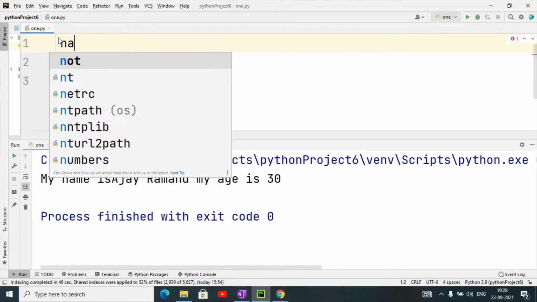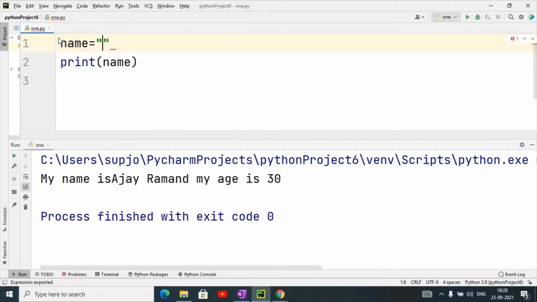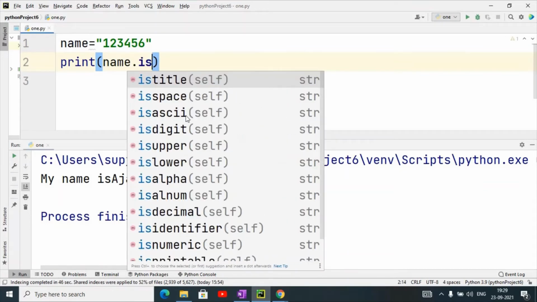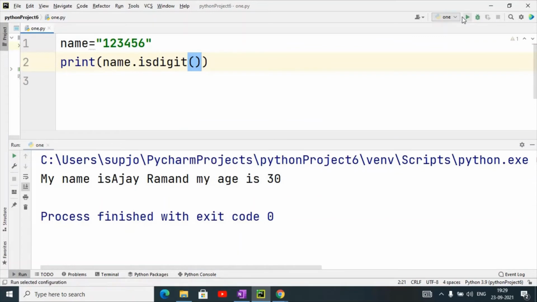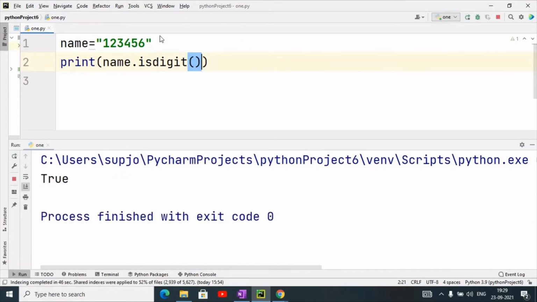Suppose I have taken name equals 123456 and print name dot isdigit. Suppose I have put an s inside that, then it will return false.